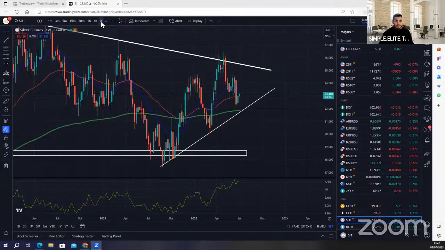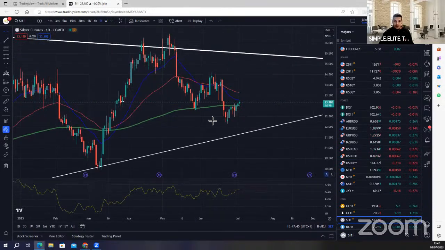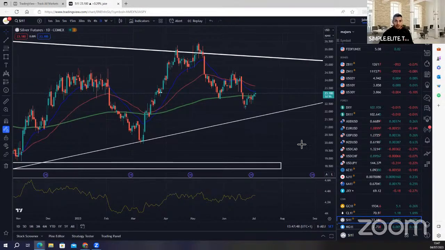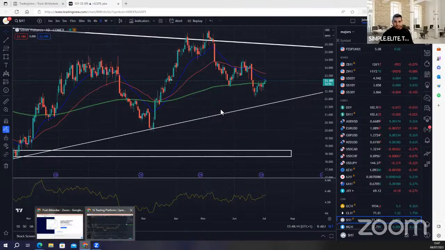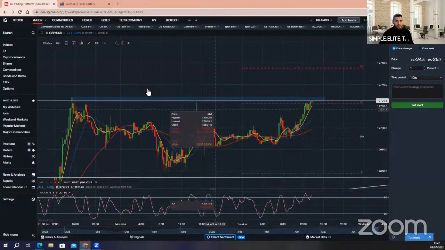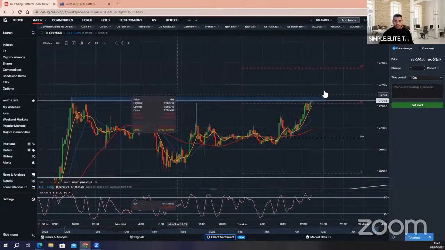Let's see the daily time frame. So I would like to see the same structure like this, coming like this to be on the long side. Or we could probably see some nice big bearish bars for a few days and then come back at the trend line to be on the long side. I already set a few alerts on IG, so I will monitor the price action on commodity.